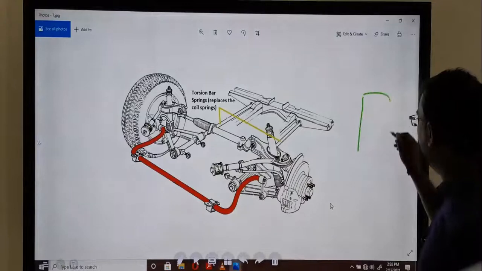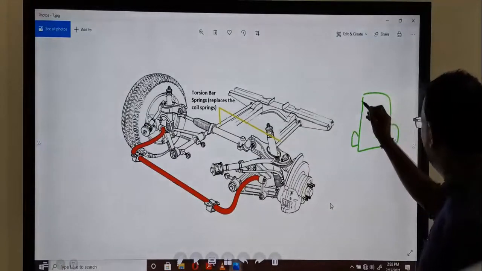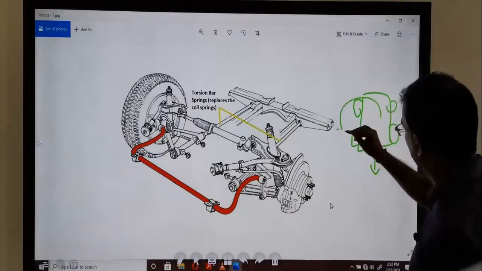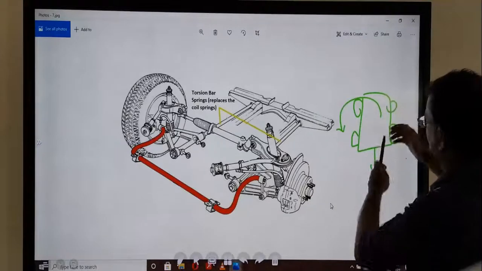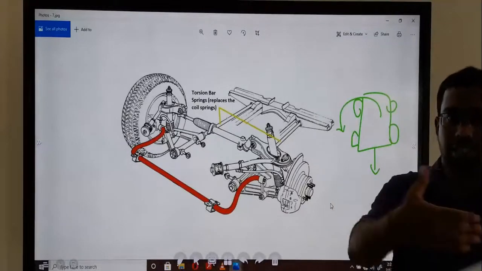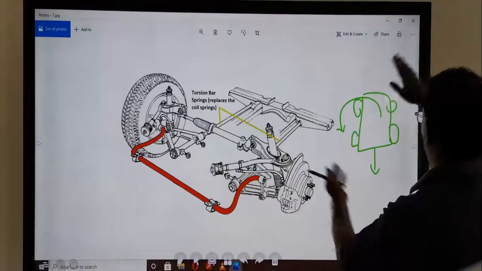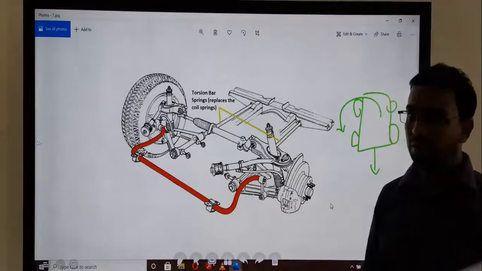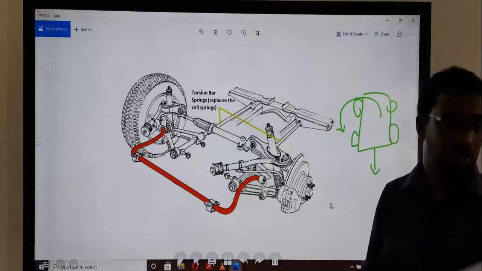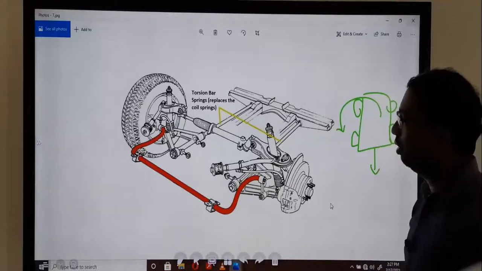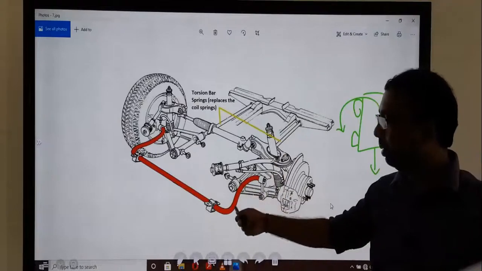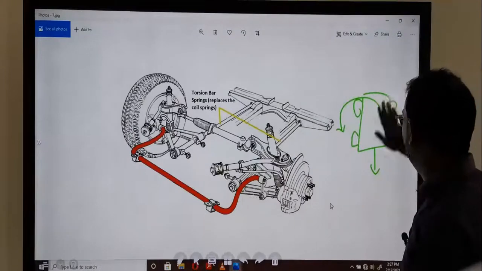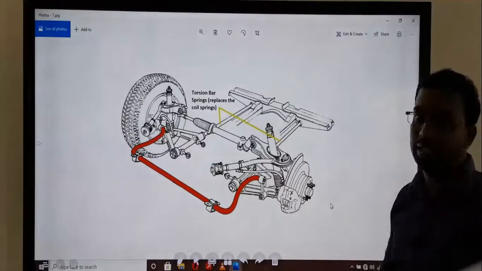Without this bar, the front side of the vehicle can roll like this. When there is an accident or when turning the steering, it may sometimes roll. This kind of anti-roll bar can avoid that problem. So this is a part of the suspension system. Anti-roll bar means preventing the vehicle from rolling in any emergency conditions.